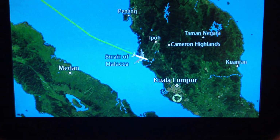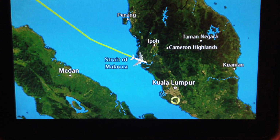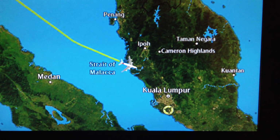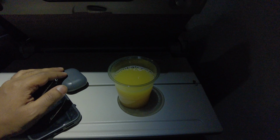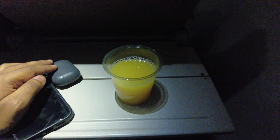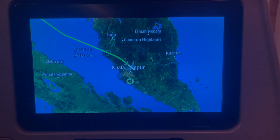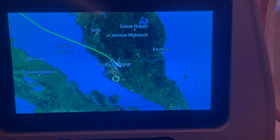I finally woke up when we had crossed the Bay of Bengal and were already over the west coast of Malaysia. I must have been knocked out since I slept through the snack service completely. The cabin was kept completely dark except for lights from the galley. I wasn't hungry at all after the lunch service and asked the crew for a glass of orange juice as I was quite thirsty. We soon commenced our descent into Kuala Lumpur and this is my cue to summarize this